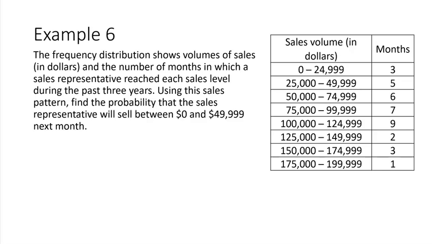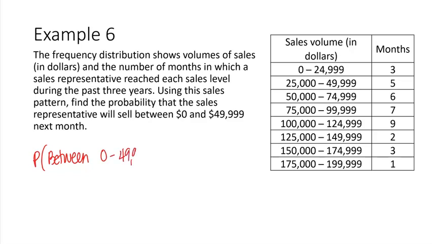Example 6. The frequency distribution shows volumes of sales and the number of months in which a sales representative reached each sales level during the past 3 years. Using this sales pattern, find the probability that the sales representative will sell between $0 and $49,999 next month. Now, this is just taking us back to the fact that these are "or" probabilities, we're really just combining our events, our options here. If I want to know the probability of being between